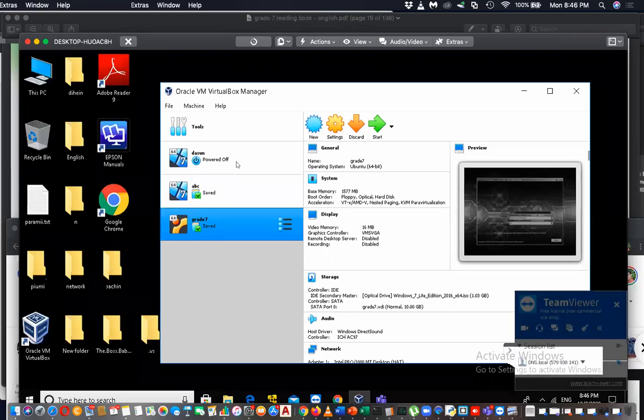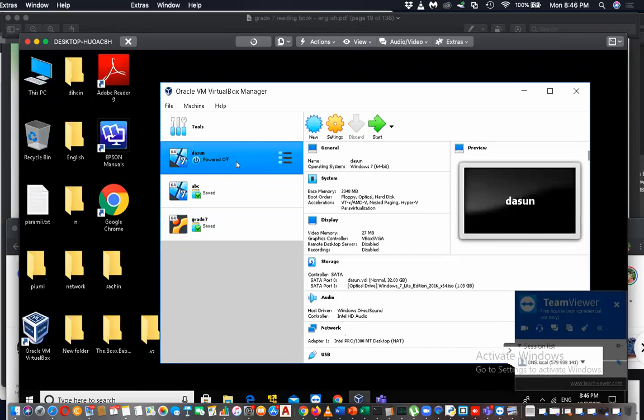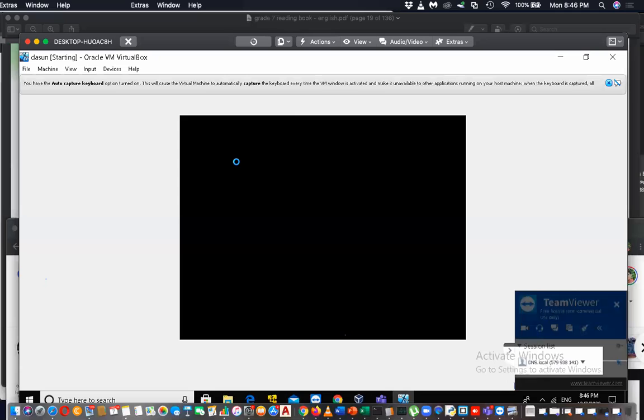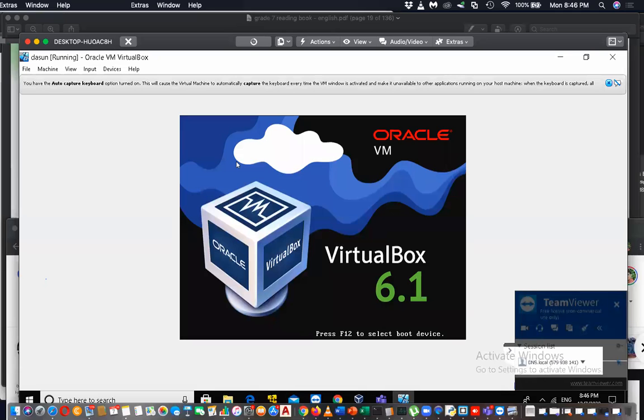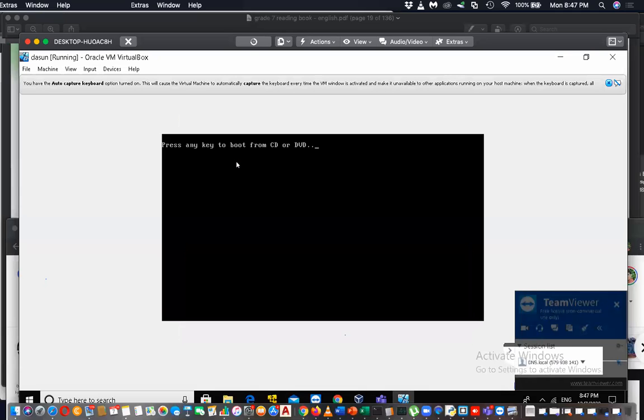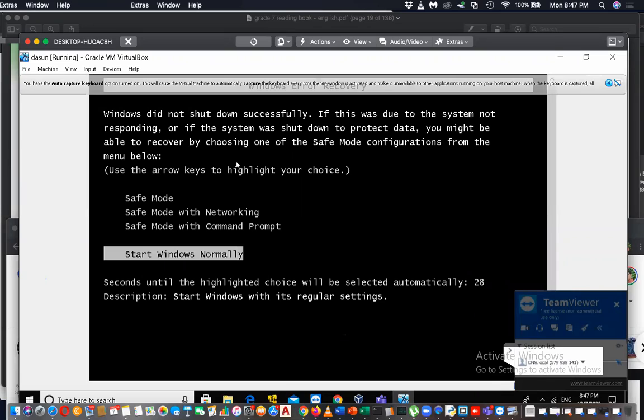So this is after the installation. Okay, let me double click and run the machine. Okay, after installing, you will get